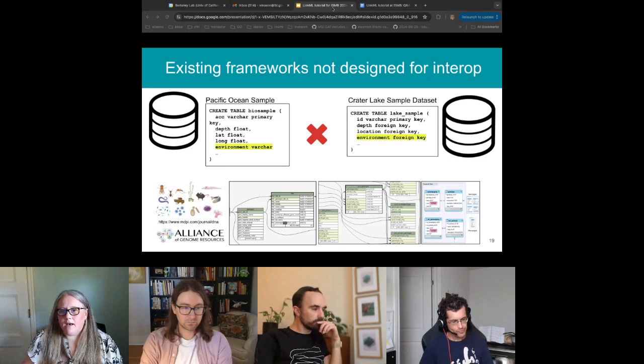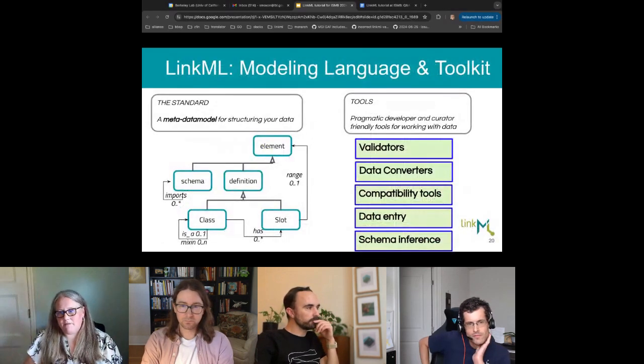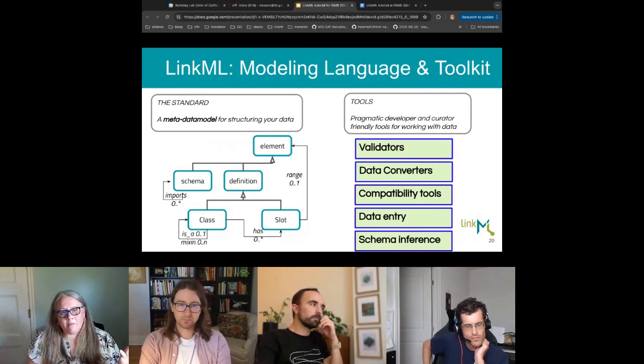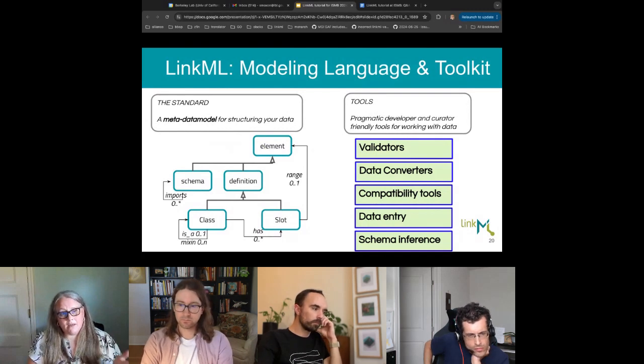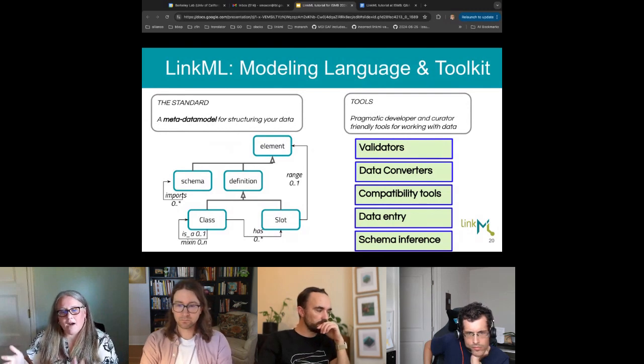Great question. All right. So what we think is that LinkML helps us solve this, and we'll get into it. But LinkML is a two-part toolkit and framework. One, it has a meta model that defines the elements and the metadata components that you can use to annotate a schema using LinkML. And on the other side of the framework or toolkit are a set of tools that you can use